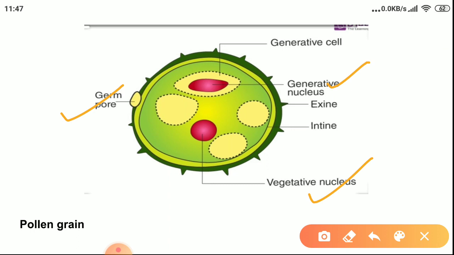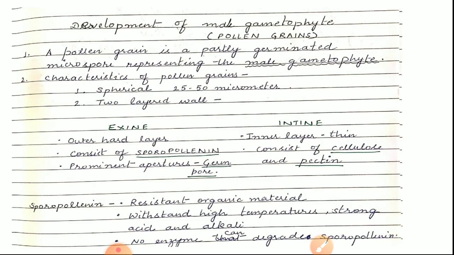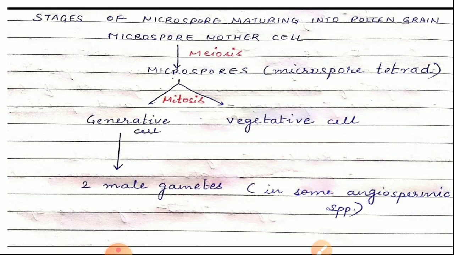Okay, and this vegetative nucleus is also known as tube nucleus, as it helps in formation of pollen tube during germination of pollen grains. Okay, so this is a very important part. Vegetative nucleus of vegetative cell is also known as tube nucleus, as it helps in formation of pollen tube. Okay, now I would like to explain one more thing with the help of this flowchart about two-celled stage and